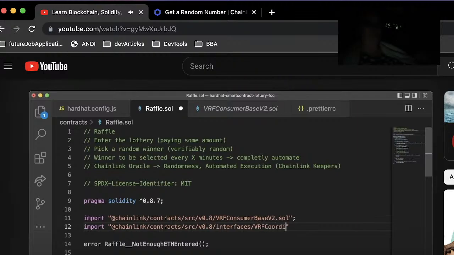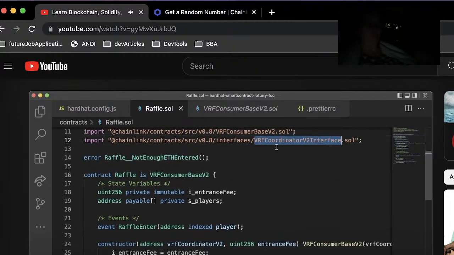/src/v0.8/interfaces/vrf coordinator v2 interface.sol. And now that we import,